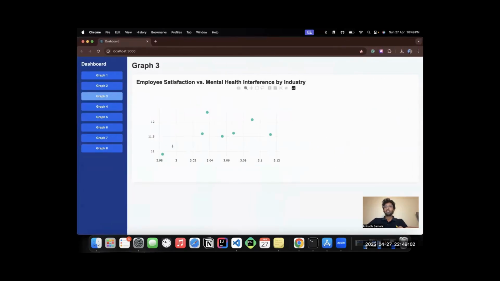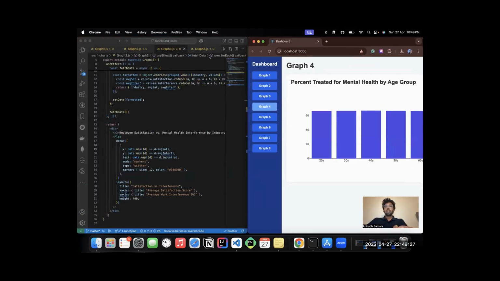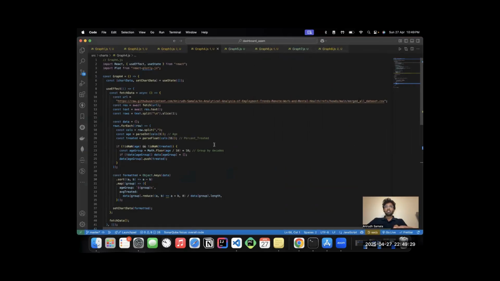Coming to the graph visualization, each dot is an industry, and we can see that industries with higher satisfaction tend to have lower mental health interference. This will help us identify which industries are better at managing mental health in the workplace. So this is the purpose of this graph, and let's go to another graph.